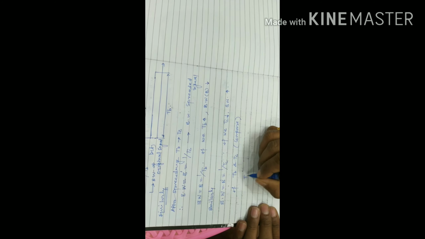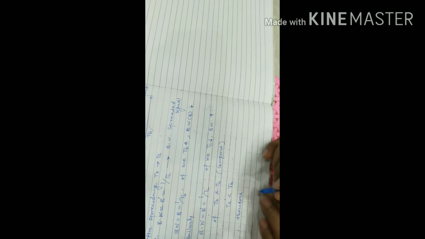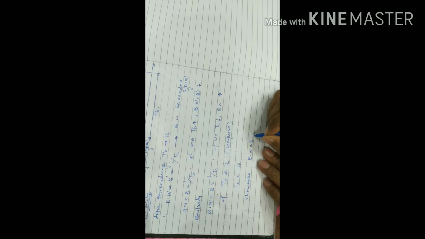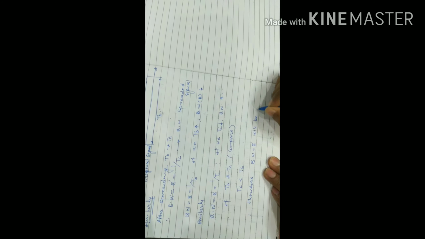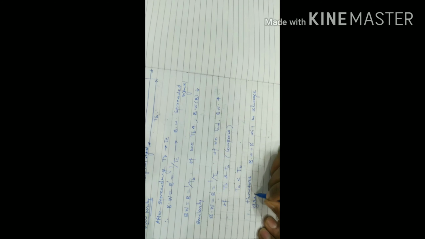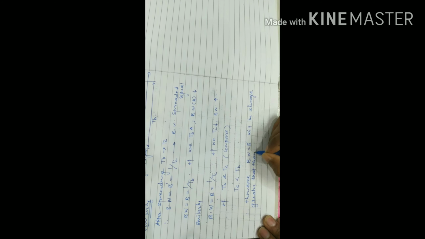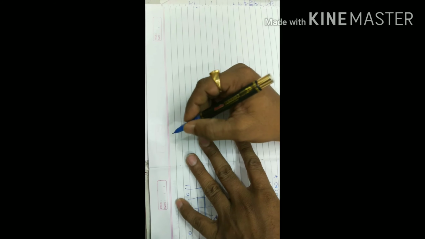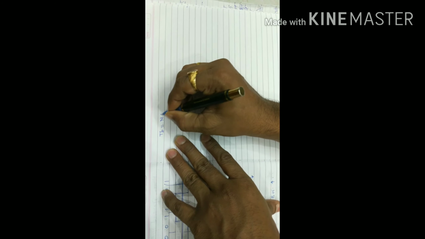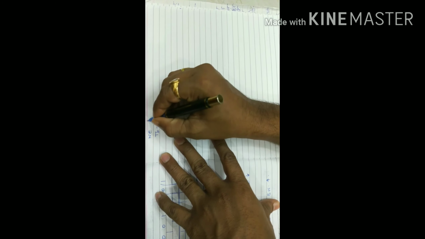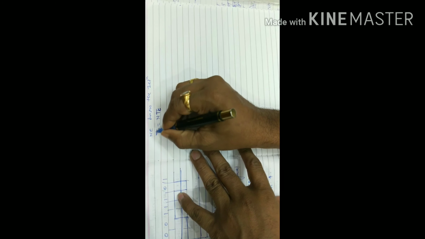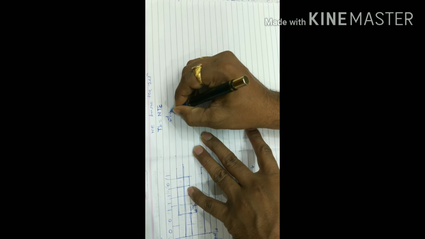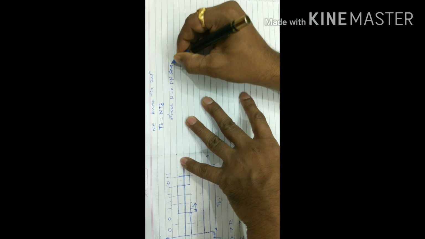if we compare TB and TC, definitely TC is less than TB, and therefore the bandwidth, that is B dash, will always be greater than the bandwidth, that is B. In short, we can say that we know the relation that TB is equal to N into TC, where N is the PN sequence length.